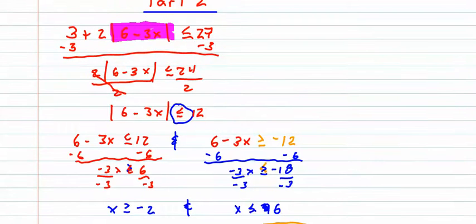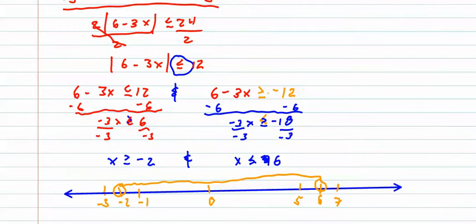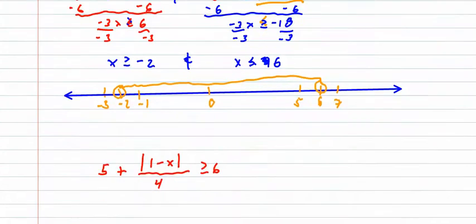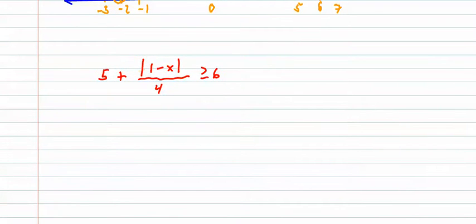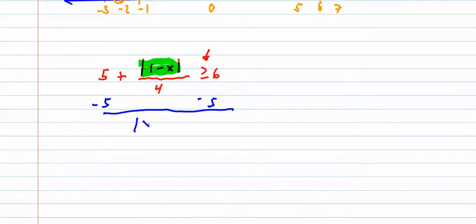We isolated the absolute value, we wrote our two inequalities, and we switched the direction and the sign, paying attention to the word and or or. Here we see, for the second problem, that we have a greater than. So because we have a greater than, right here we have a greater than, we're going to be using the word or. Okay, step 1, isolate our absolute value. So to do that, we're going to subtract 5. And we get absolute value of 1